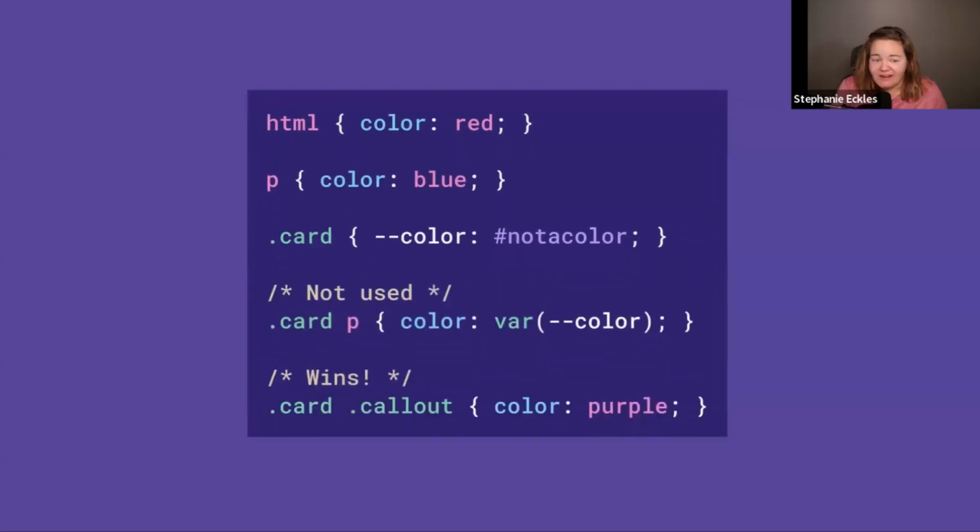Now, all hope is not lost. So if later a utility class on the paragraph were to update the color property, then due to rules of the cascade and specificity, it would win out like normal, and the invalid custom property value would not have an effect. Now, note that when referring to invalid values for custom properties,